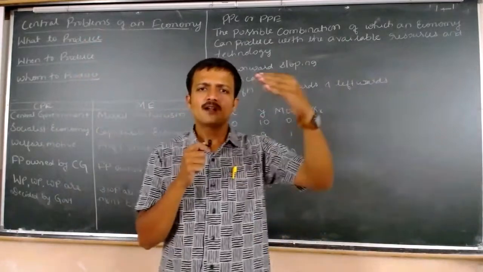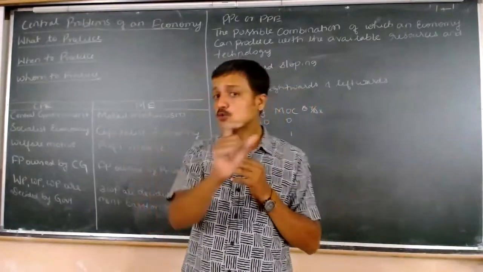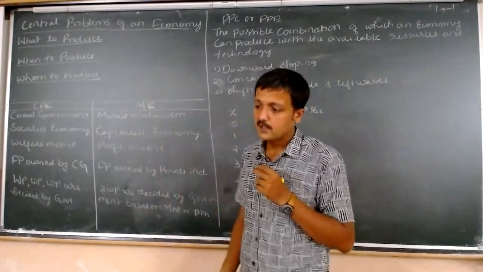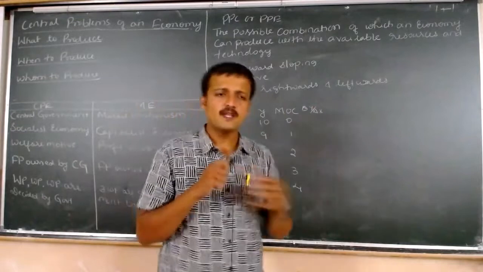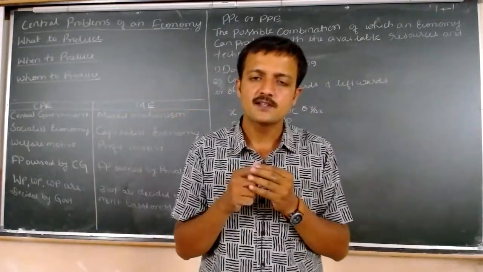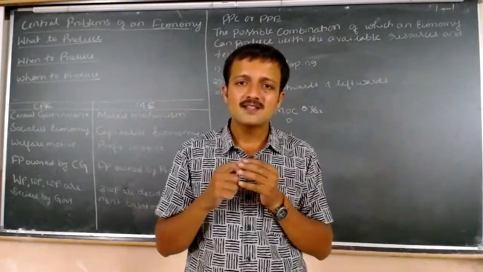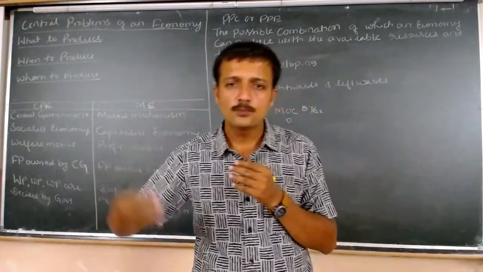Okay, so now first, what we need to write in the examination, see, remember, a 4 marks question should ideally be a 20 to 25 lines answer. In that you need to cover all the 3 things. These are very wide concepts. The first one is what to produce. The question arises, what to produce, as we have limited resources, that means the raw material which is available to us is very limited. We need to decide what we would like to produce with that.